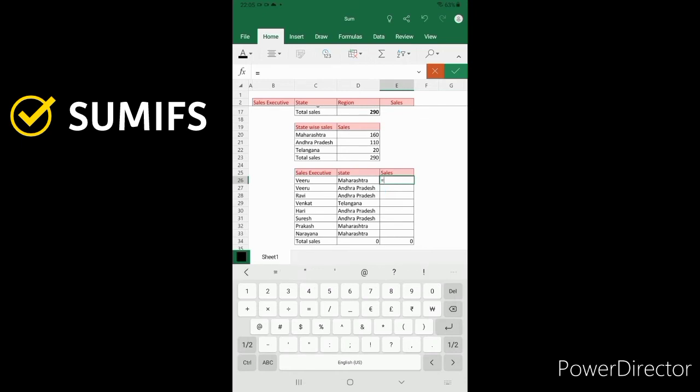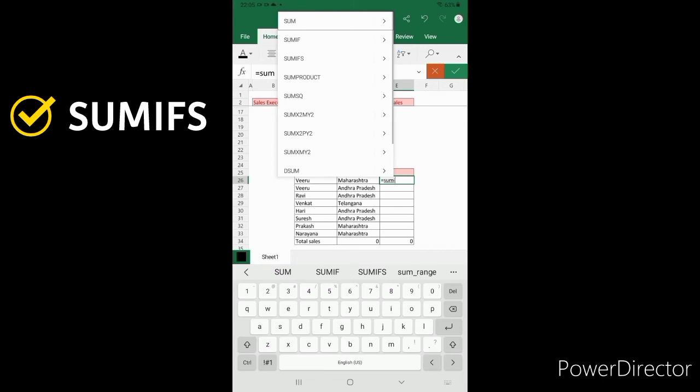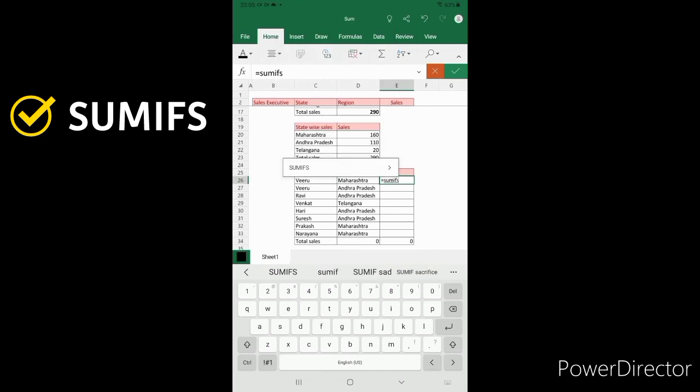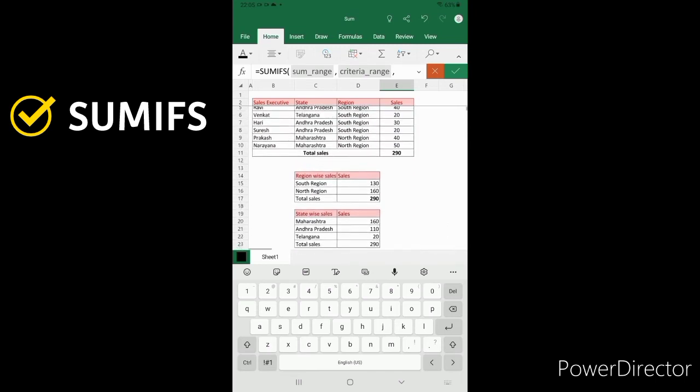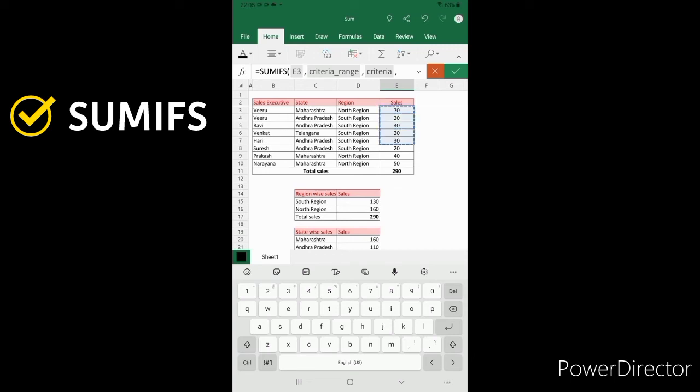So let's start the formula: equal to SUMIFS. First in SUMIFS, we have to select the sum range.